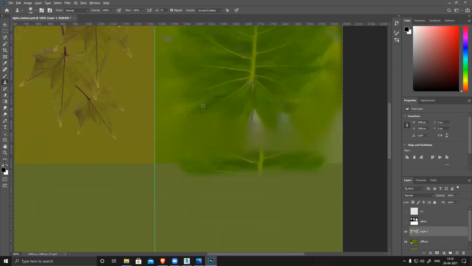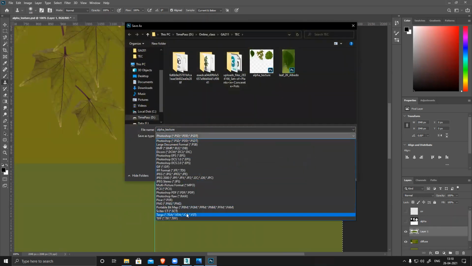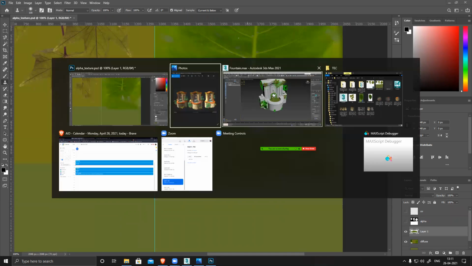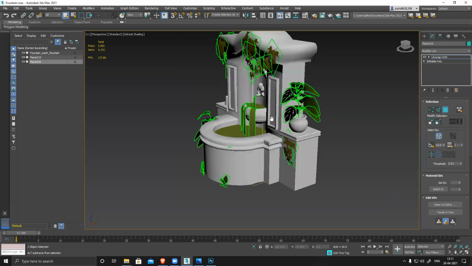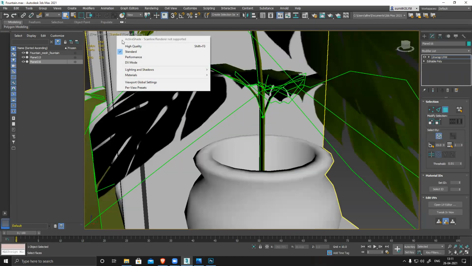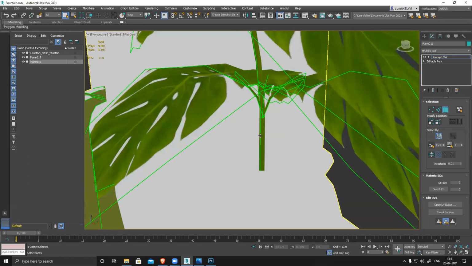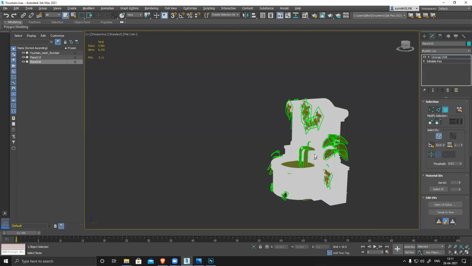Let it have all this texture, so I'll remove this texture also. Some texture, so my stem is not completely flat. Flat color, you can see it's not flat.